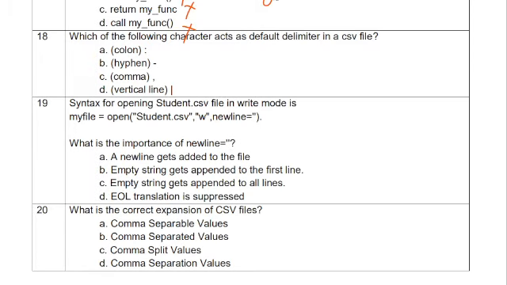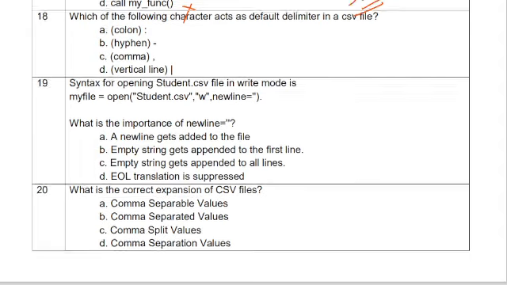When we are calling, suppose we have written one function definition sum(A, B). When you call the function, you write the sum function and pass two numbers. So it is the correct way. Here they are passing my function, they call the my function. Okay, so option A is the correct. Then come to question number 18.